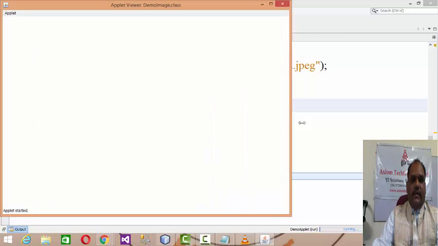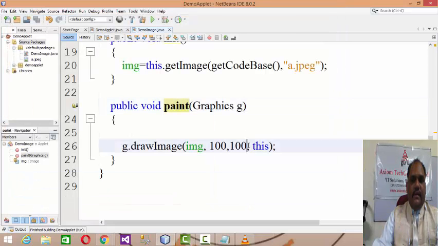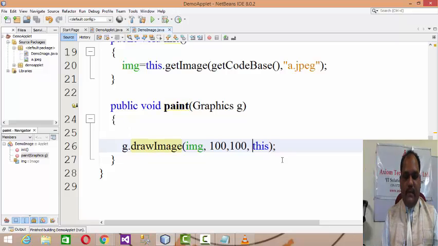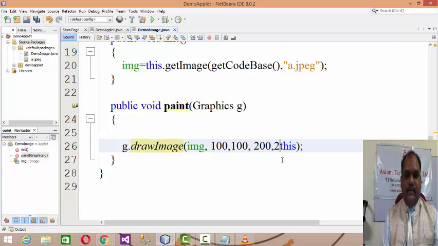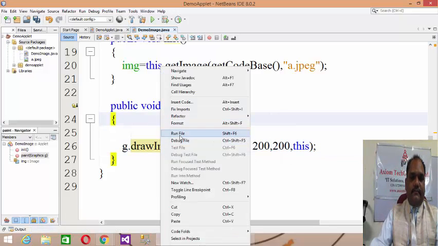Okay, now look at the result. Because the image size is quite large, it takes time to load. It's better to customize the image to a specific width and height, so that you can align the image properly on the applet window.